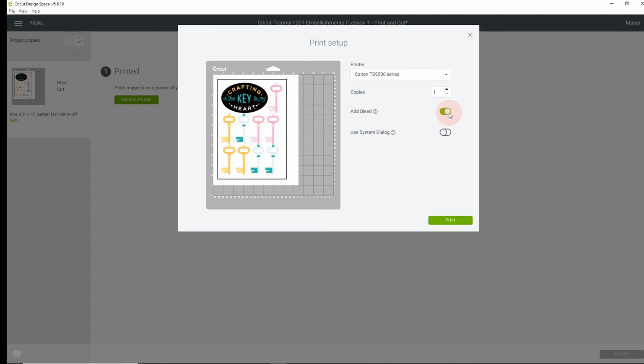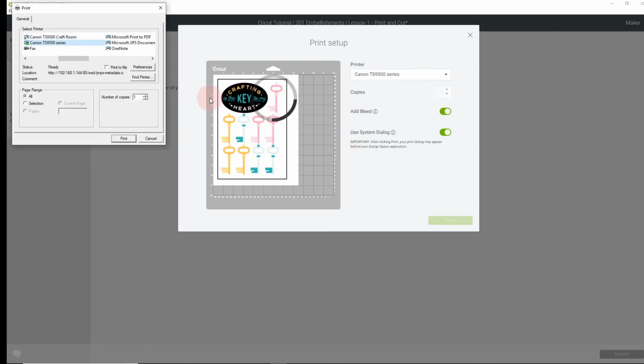And this next one, which is Use System Dialog, I always like to select that, because if you do, it's going to pop up your printer dialog where you can change your printer settings before you print this. So then the next thing we're going to do here is click on Print, and if you have Use System Dialog checked, it will pop that up. And I like to do that because I do want to change my